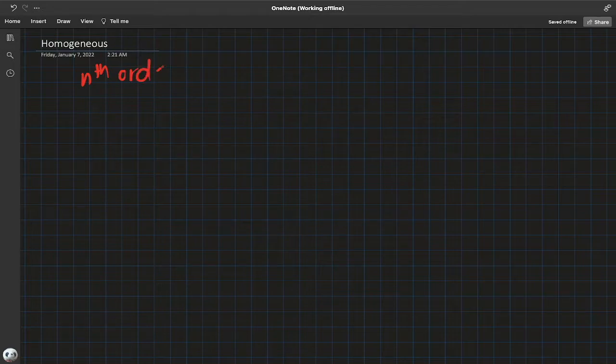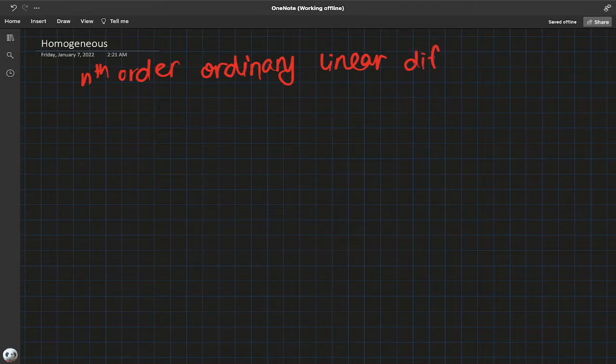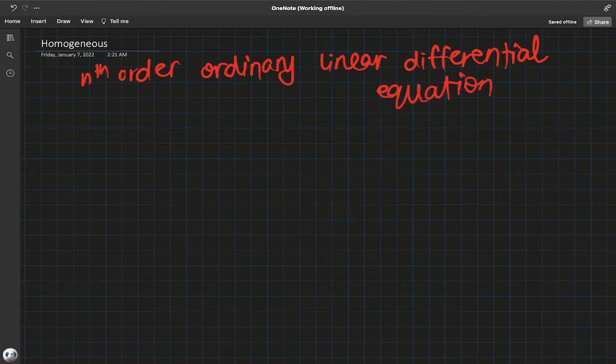nth order ordinary differential equation. Let me emphasize on linear differential equation. And it looks a little like this. So y